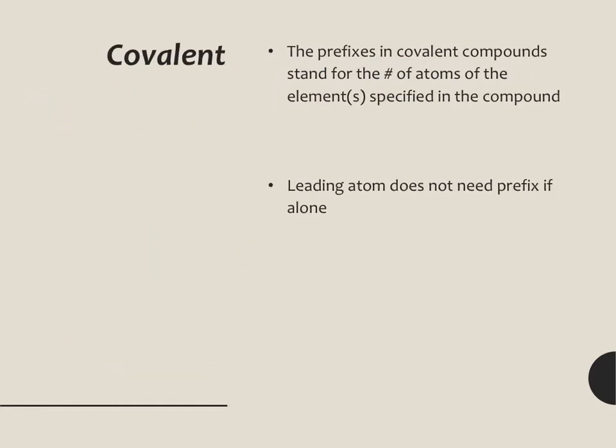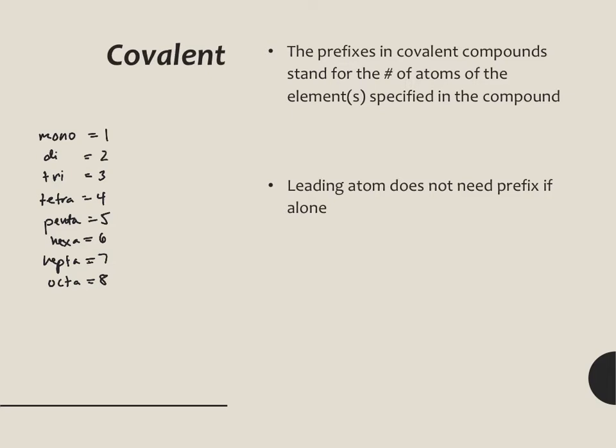Now, covalent compounds. This is on the easier side because all you do is use prefixes. They're already set. So some of these prefixes are simple to remember. If you are in geometry, these might be familiar. Okay. Penta is 5, hexa is 6, hepta is 7, octa equals 8,